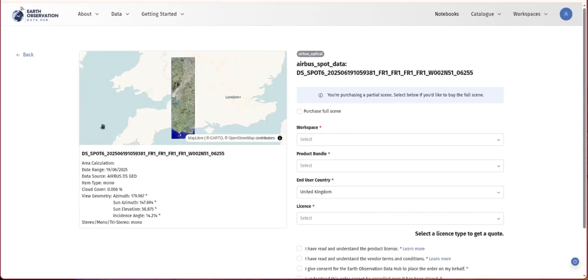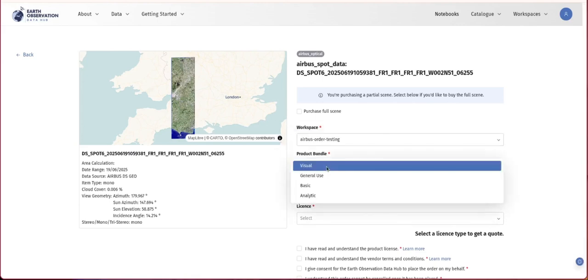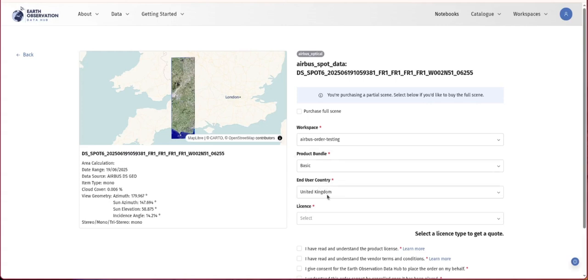the purchasing website. What you can do here is just double check that the data set that you're looking for is correct. So it's got the date range, it's got the data source and various other information that you might be interested in. Then you can either purchase the full scene, or you can purchase a partial scene. The partial scene would be the AOI that you've been working to. Then we would select the relevant workspace and bundle, and I'll just go for basic,